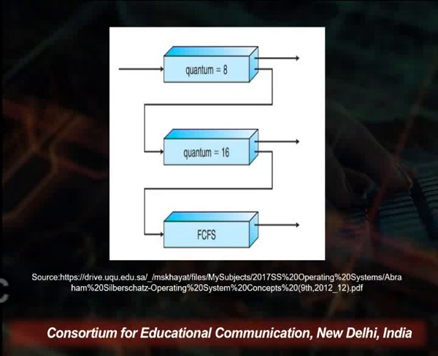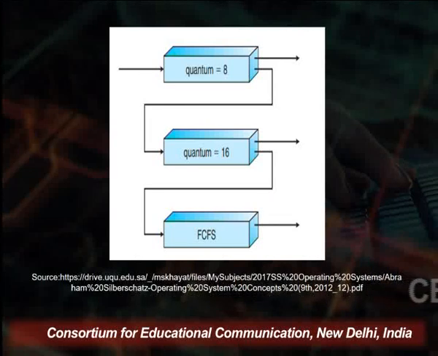So basically what is happening here is that the process enters the queue, taking the CPU control for 8 milliseconds. If it is done with its processing, it will be taken out of the queue. If it is not done with the processing, it will be moved to the queue where quantum equals 16. Now with quantum equals 16, a similar scenario happens: if the job is complete,